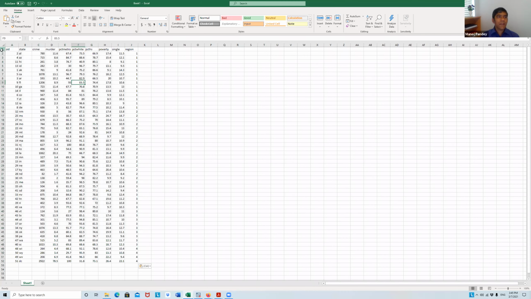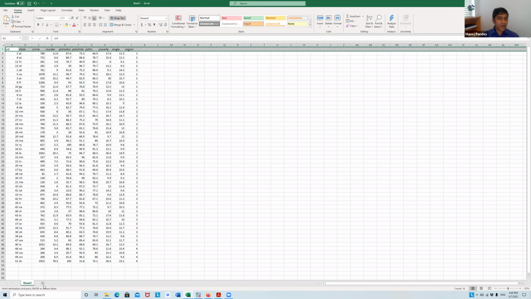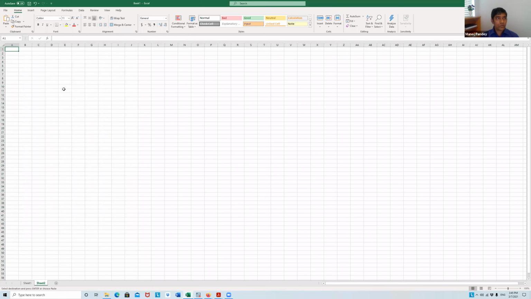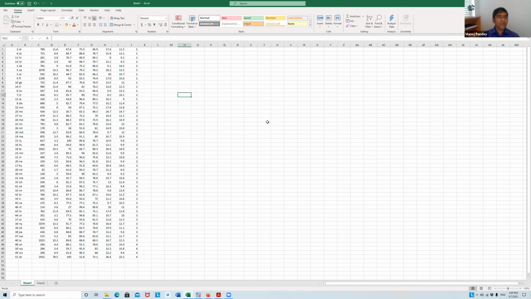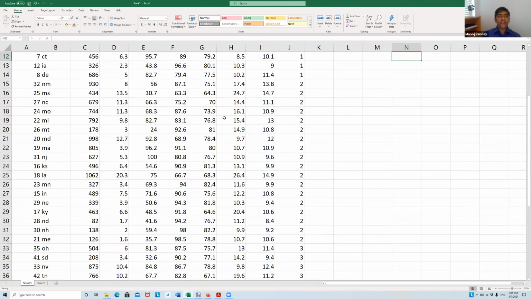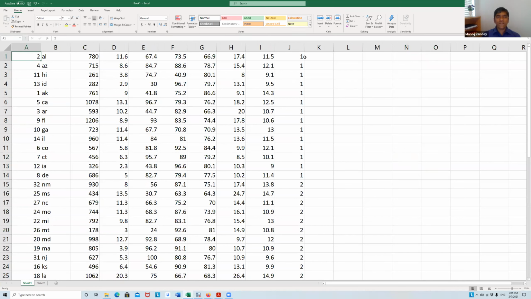Suppose for the time being I don't know the names of these variables, so we are going to name them. Now you can see here that this is your data where the first row is missing, and you have to name all these variables.